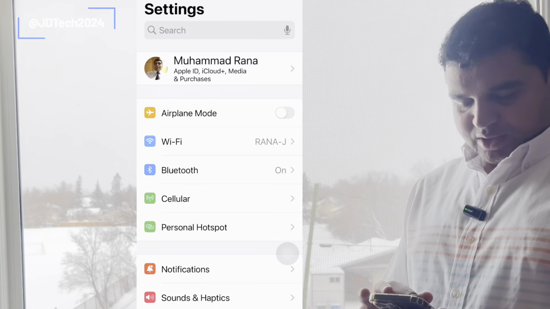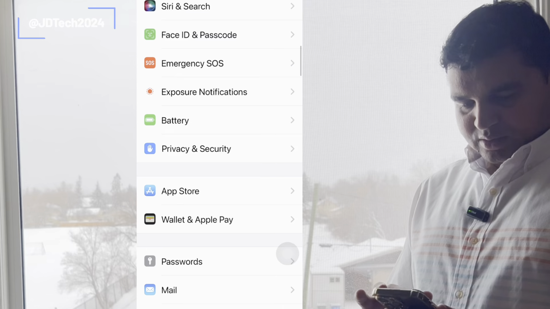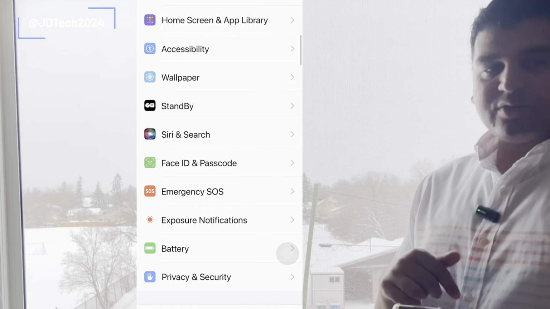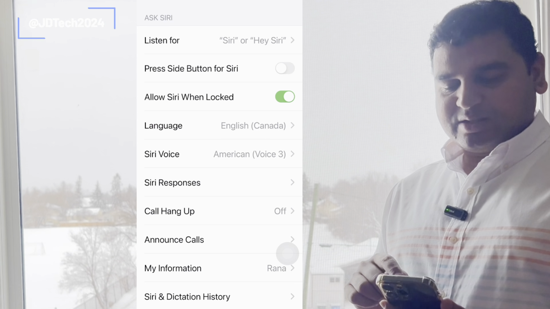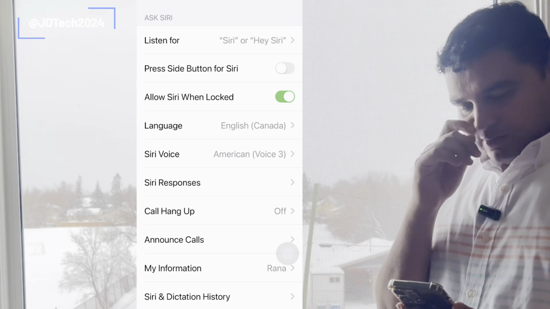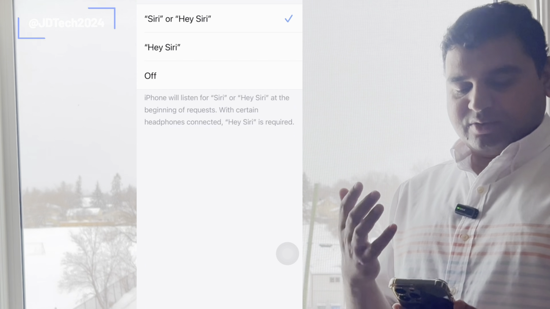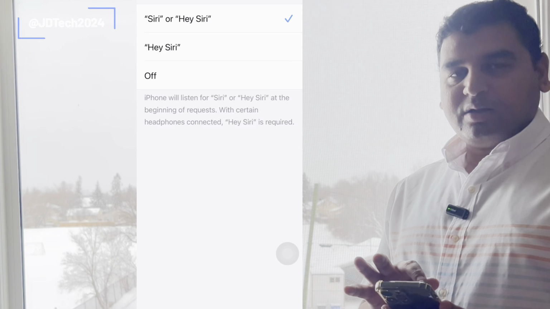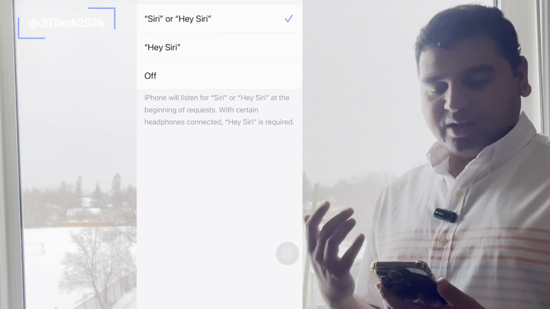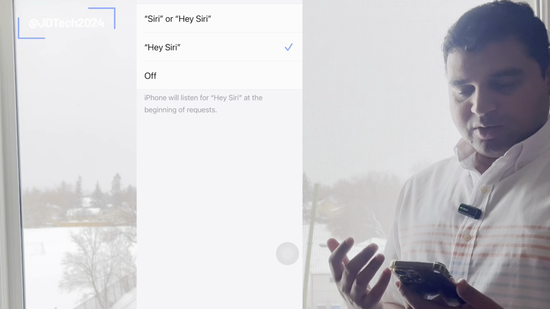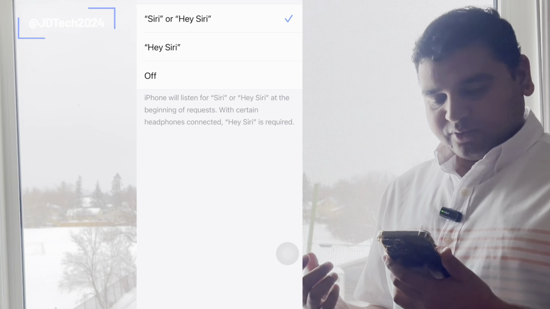So I'm JD Tech. Go to Settings first and then go below and find Siri and Search, and this is the settings of Siri. The first option is Listen for. Siri or Hey Siri, if you go here you will see Siri or Hey Siri. So this is the call for Siri, right? And also simply Hey Siri, right? If you just tap on this and say Hey Siri, Siri will come on the screen. If you say Siri simply, like Siri